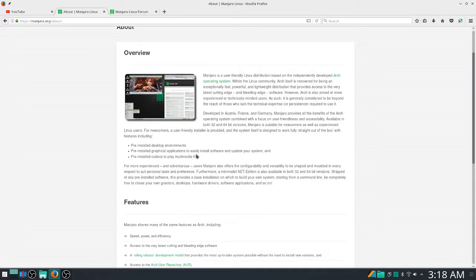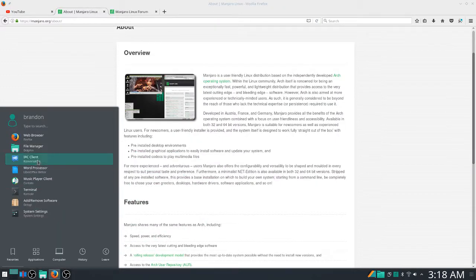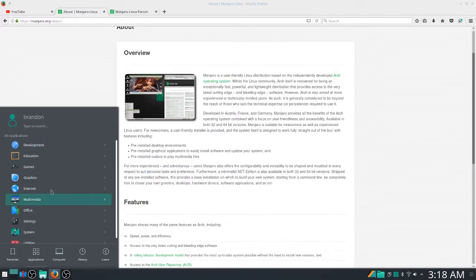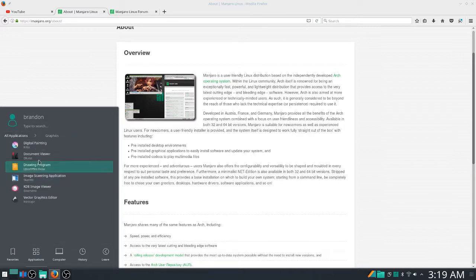pre-installed desktop environments, pre-installed graphics applications, and pre-installed codecs. It supports FFmpeg, so you don't have to get them for OBS or anything else that you use. All the MPEGs are already installed. Comes with some IRC chat, some mathematics and stuff like that. What else does this come with? Development. The development is, I guess, for creating C++ and stuff like that. Comes with